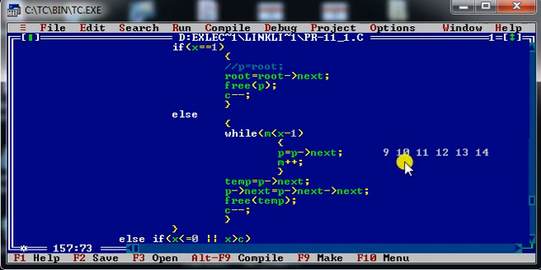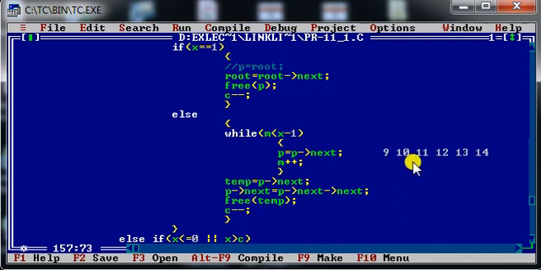It says that we cannot remove the element by reaching that particular element which we would like to remove. We need to reach just before the node we would like to remove. For example, let's say I would like to remove element number 13, then I need to stop the traversal of the p pointer at element number 12. That is what I have done by writing this while loop.